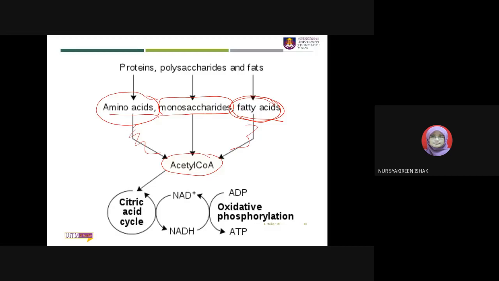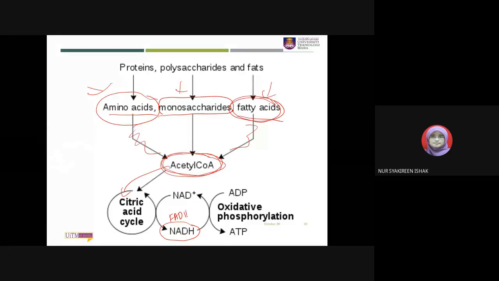Okay, so once this fuel is converted into acetyl CoA, then only the acetyl CoA can enter into the citric acid cycle, which is the third stage of cellular respiration. So the purpose of citric acid cycle is to produce NADH, and it also produces another molecule which is